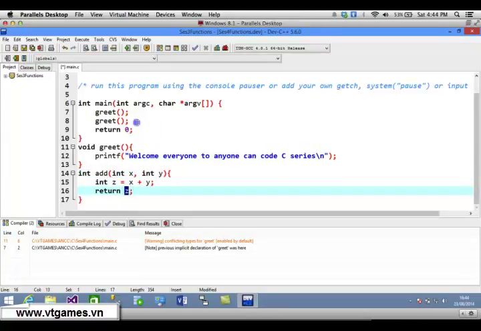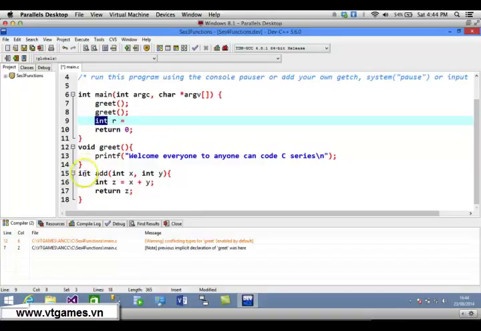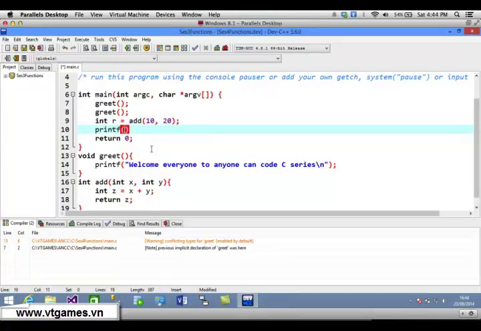In order to call this kind of method, because it's returning you a value, you're going to need to declare a variable int r to store that return value. Because in C programming, in order to store a value, you have to create a variable, and that variable must be of type int, because the return data type of this add method is int. And you're going to add number 10 and number 20. Then now you can print out,